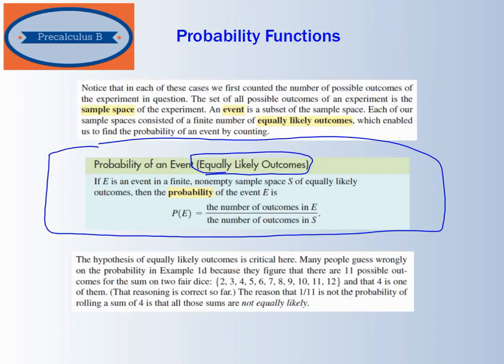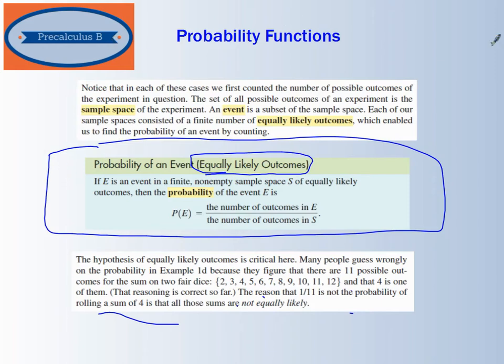4 is only one of the possible outcomes, right? But the reason that it's not 1 in 11 for the probability is that the probability of rolling a sum of 4 is not the same as rolling a 2 or a 3 or a 5, right? All of these different outcomes do not have the same likelihood of occurring. So we have to have equally likely outcomes in order for this formula for a probability of an event to